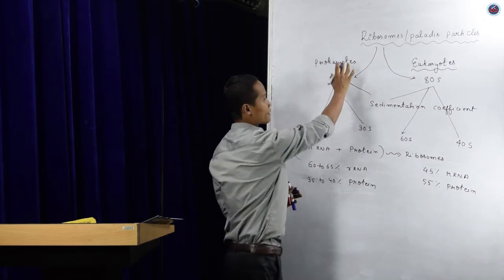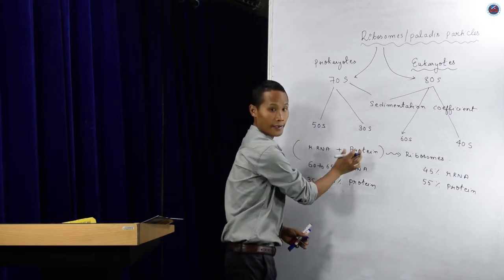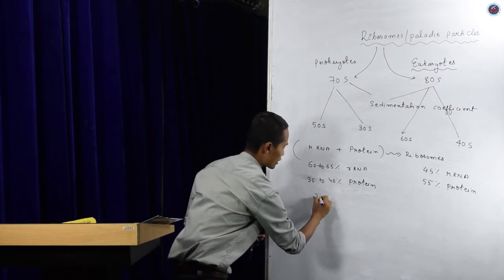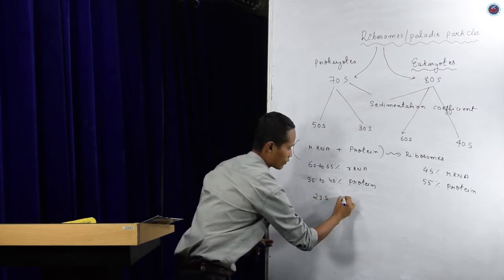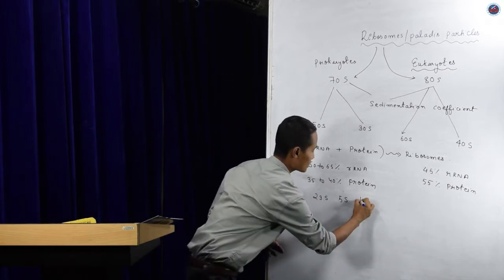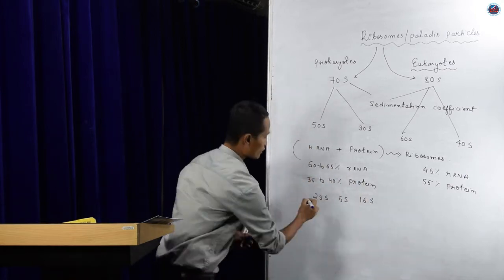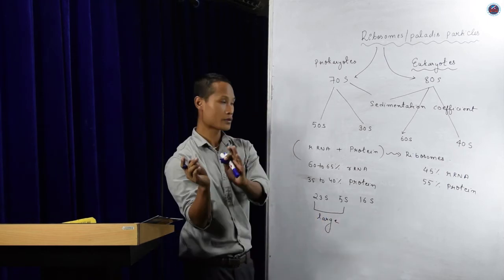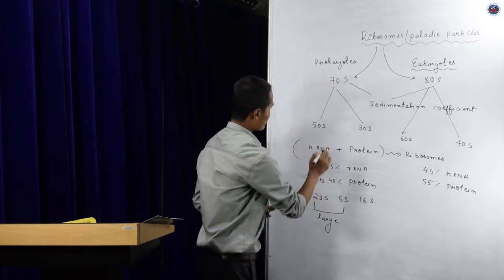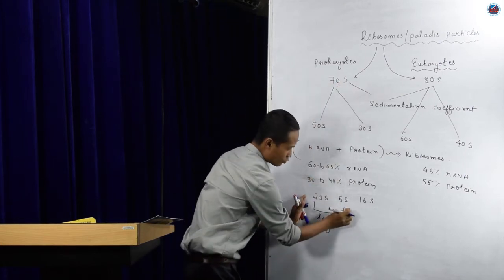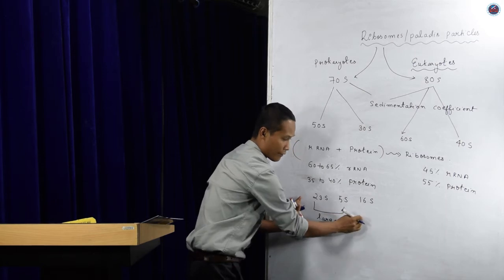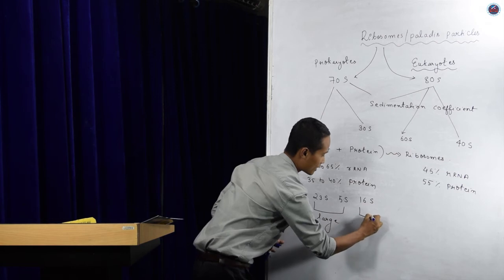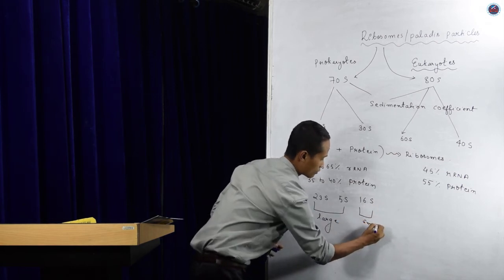Okay, so as I said, the ribosome is composed of rRNA and protein. It also has some subunits. In prokaryotes, it is 23S, 5S, and then 16S. The first two are considered large subunits, and together they make 70S. This is about rRNA. So these two will be considered as large subunits, and this will be considered as small.